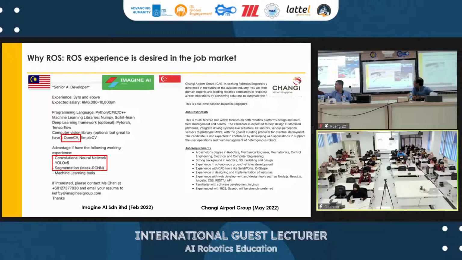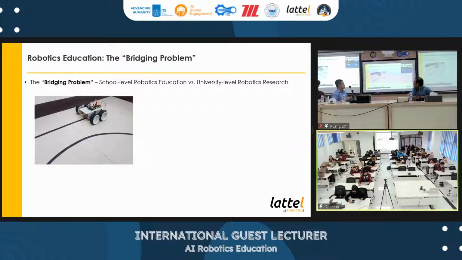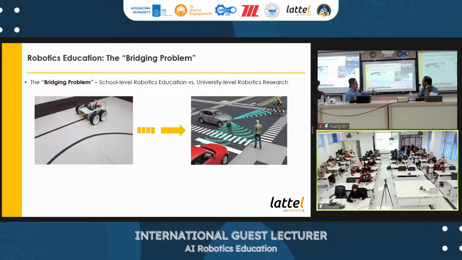So since I'm here, I also want to share with you, because I think some of you probably have seen this type of robotics before. And probably this is what you have in mind when I mentioned to you about robotics. But I would say that it is quite a basic school level robotics education. But the reason why we want you to think of the service AI robotics is actually, this is the same thing that I played